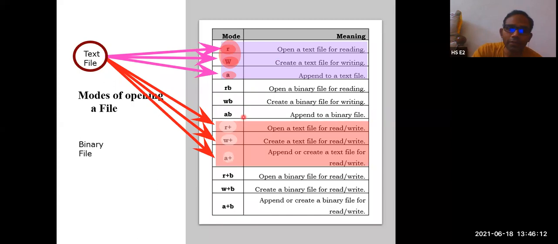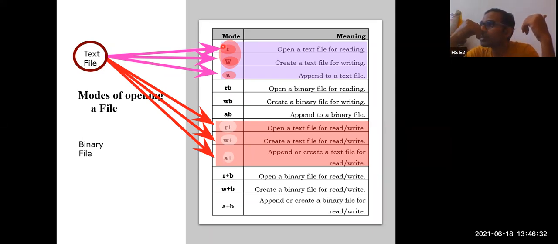In that case, previously we used to open the file in write mode, perform the write operation, then close the file. Then we open the file again in read mode, read the content, display it as required, then close the file. So two times we need to open the file.